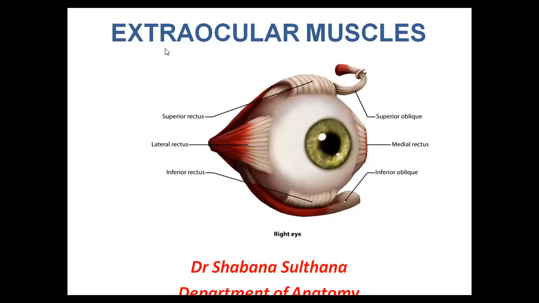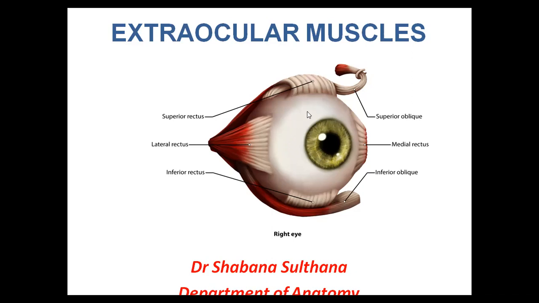Good morning, dear students. We are going to discuss the contents of the orbit, among which we have extraocular muscles, which are surrounding the eyeball. As you can see in this picture, you are able to see the eyeball. The black part of the eyeball is actually the cornea. The cornea is basically transparent. Behind the cornea, we have the iris with pigments, which gives different coloration to the eye. Then this area is sclera, which is white in color. The junction of cornea and sclera is called the sclerocorneal junction, also called the limbus.